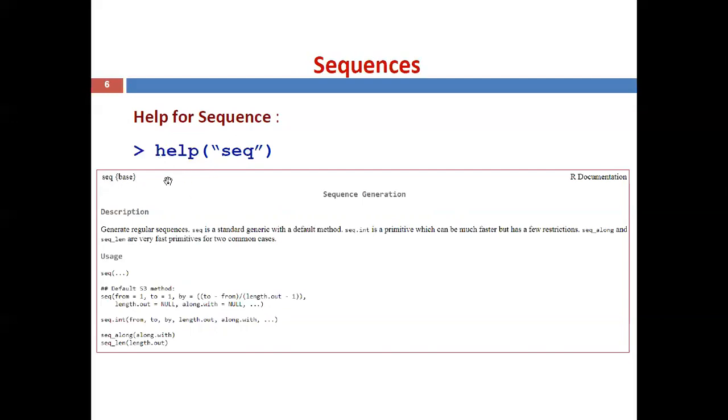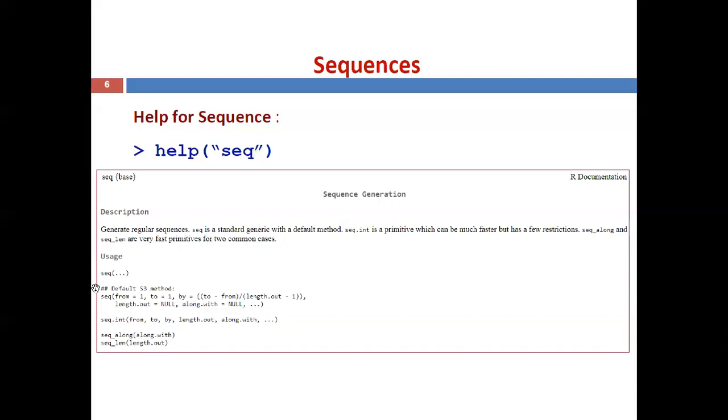Here you can see the description of sequence generation: generate regular sequences. seq is a standard generic with a default method. seq.int is a primitive which can be much faster but has few restrictions. seq_along and seq_len are very fast primitives for two common cases.